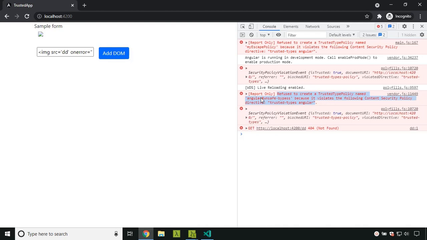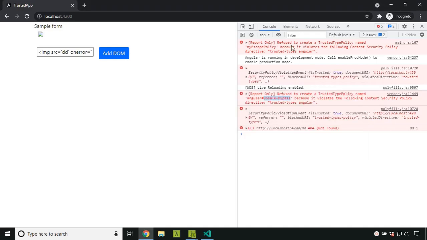Even though I marked the HTML as safe, it is saying the Angular hash unsafe bypass. This is another trusted type which is inbuilt in Angular that allows the bypass trusted HTML. Since we have restricted that, it will create a security policy violation.